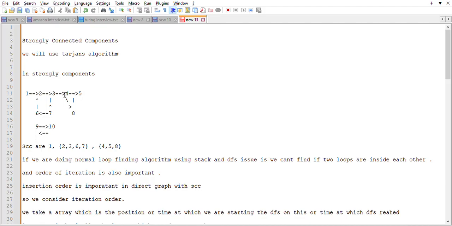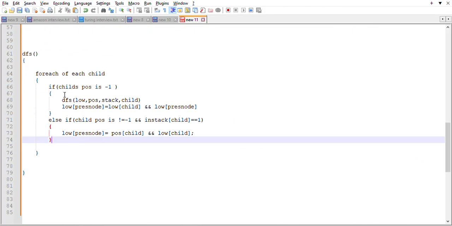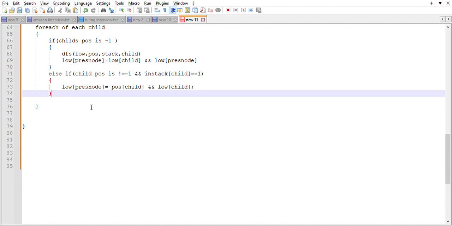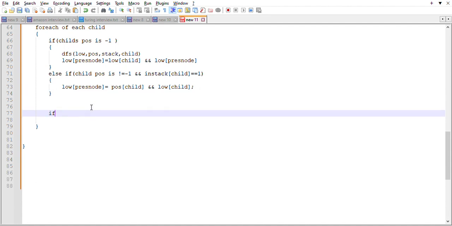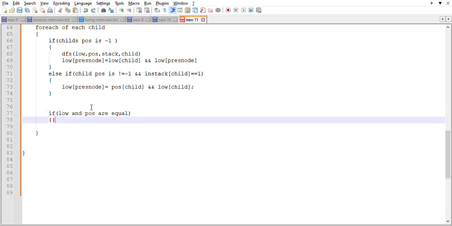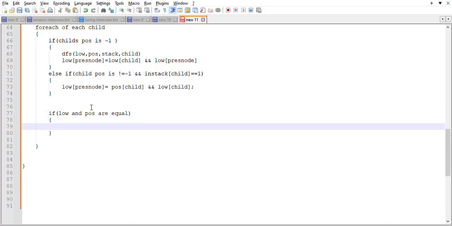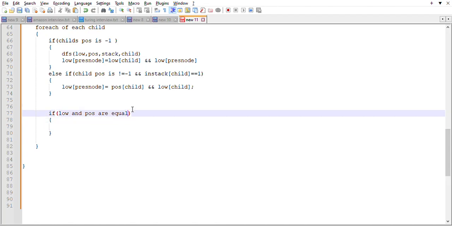After the parsing is done for every child, we will check: if low link and position are equal for the current node,